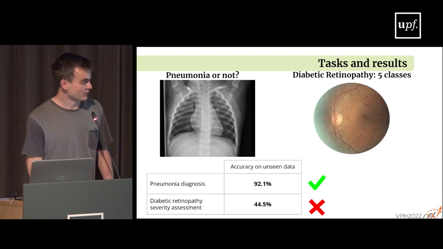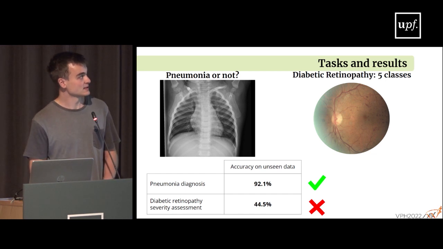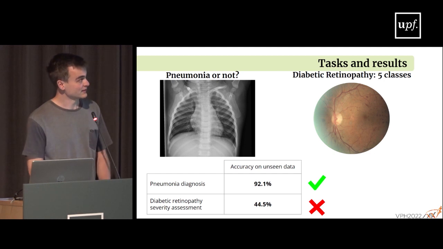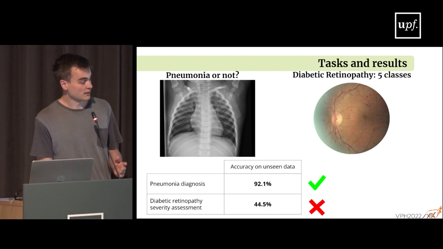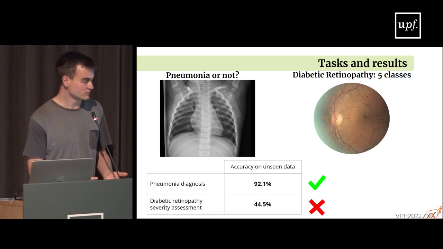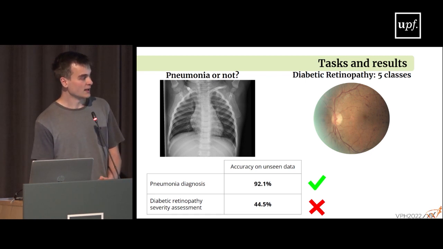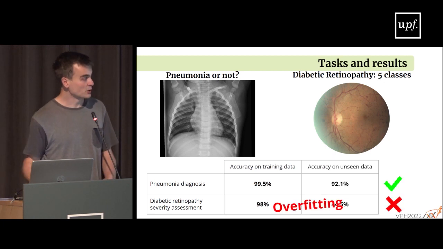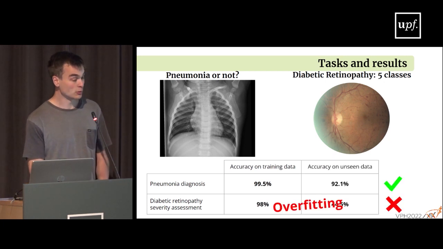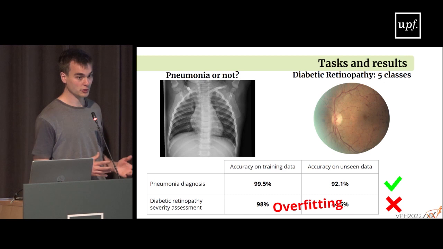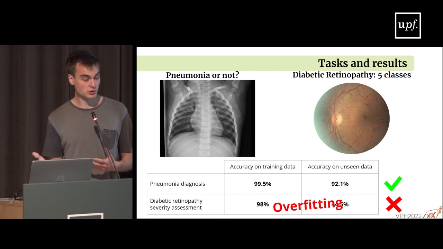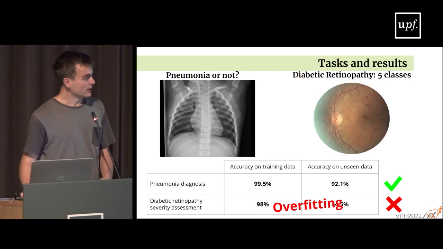So our experiments, we did exactly like this with those two data sets we had. We reached very good accuracy on differentiating pneumonia and non-pneumonia patients, 92% here. And on the other hand, for the diabetic retinopathy, we did not reach anything good enough, like 44%. This was a typical case of overfitting because the model was predicting very well, 98% on the data that it had seen before during the training, but on data that it had unseen, on new data, it was completely wrong. So that's a typical challenge